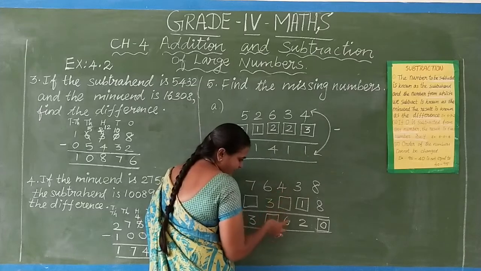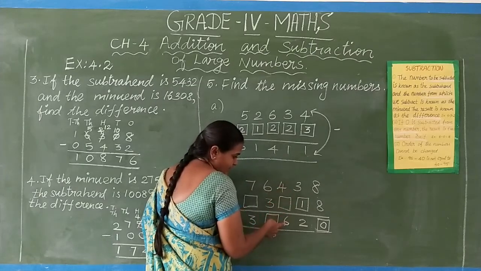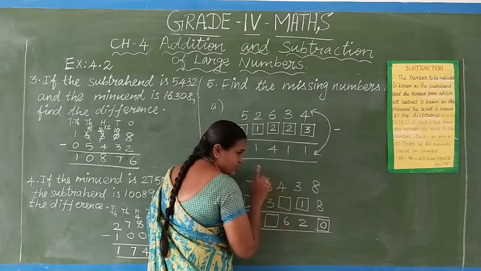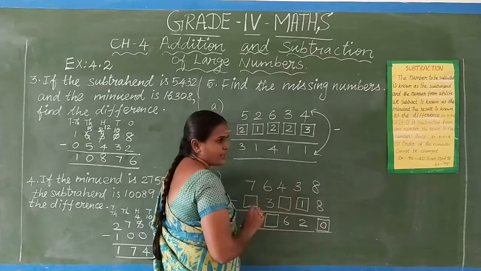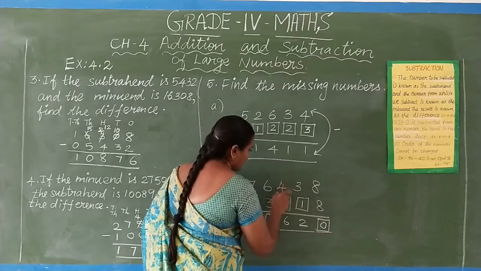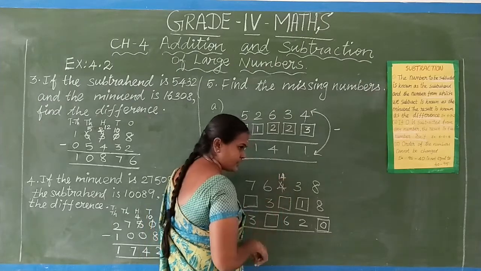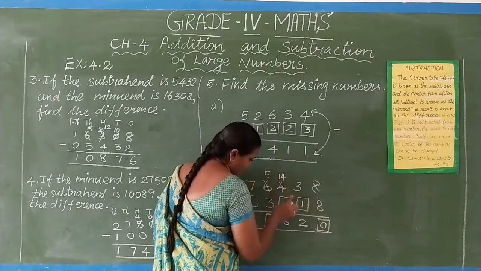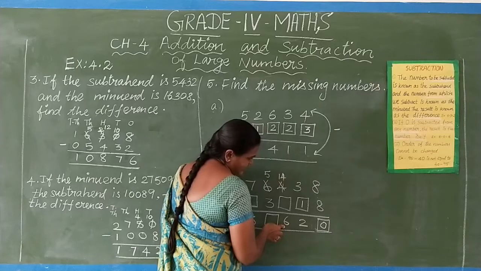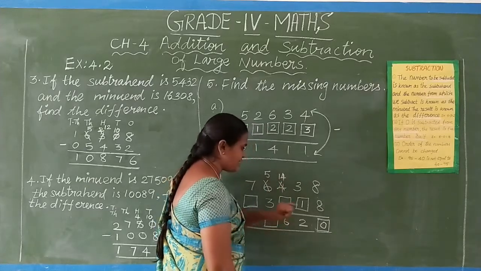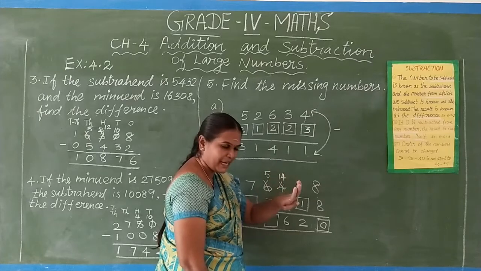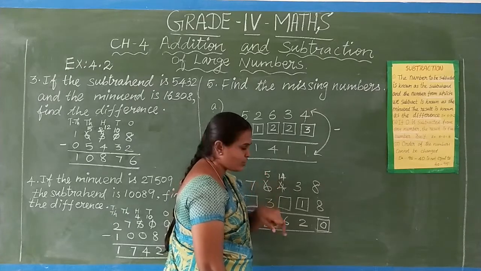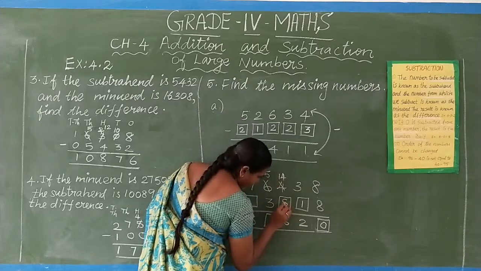Now 4 minus 6. So small number minus big number. So this one we can't do the subtraction. Subtraction means big number minus small number only. So here no small number is coming. This one becomes 14. So 14 means borrowing. Here change it into 6 minus 1, 5. Now you subtract these two numbers. 14 minus 6 means 6, then 7, 8, 9, 10, 11, 12, 13, 14. So how many fingers here? 8 fingers. So your answer is 8. So this box gets 8.